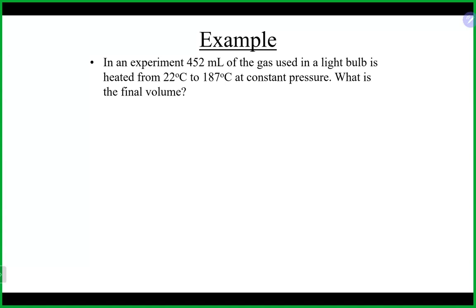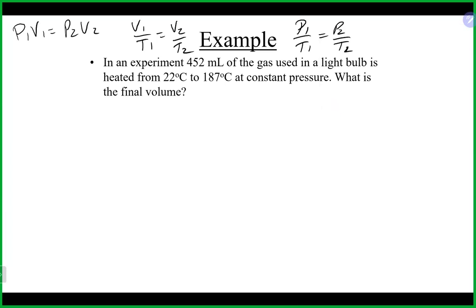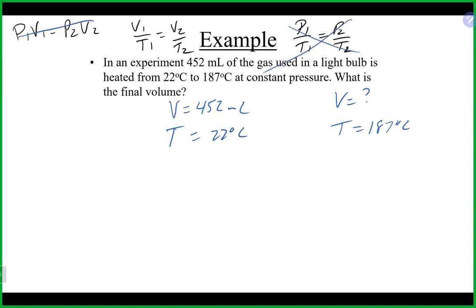So again, like I said, if you pull out the information, we definitely have a volume of 452 milliliters. We have a temperature of 22 degrees Celsius and another temperature at 187 degrees Celsius. And we are looking for a volume. If you think about the gas laws, we have no pressure, so that eliminates that one. It looks like Charles' law is our guess, and you can see Charles' law there by just writing it out. You call the first set of information ones and the other ones twos. It really doesn't matter which ones you call ones or twos, as long as you keep the numbers that go together